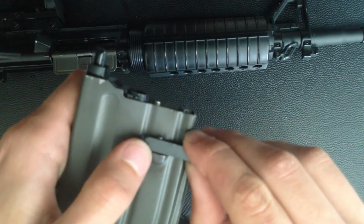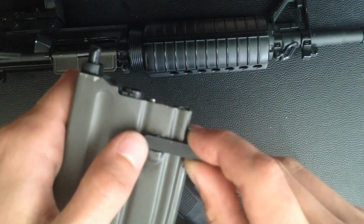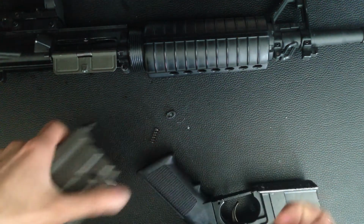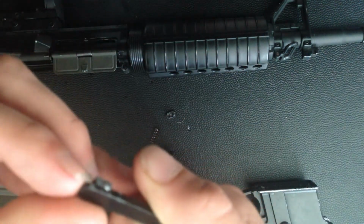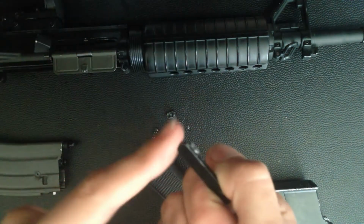Before, basically, you had a certain amount of play in between this, and this was just enough to cause your magazine to come down a little bit. So that's basically what I did. It's not very difficult. You could add material here pretty much any other way, but also if you do modify